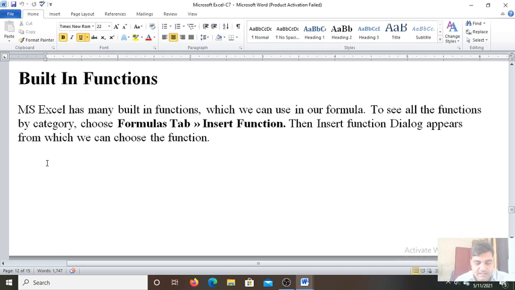The #VALUE! error occurs if the formula contains invalid data. If you give some invalid data to the formula, this error will display. The #DIV/0! error occurs if a number is divided by zero. The #REF! error occurs when the formula refers to a cell that does not exist. The cell reference you are specifying does not exist. This usually happens when the referenced cell has been deleted from the worksheet.